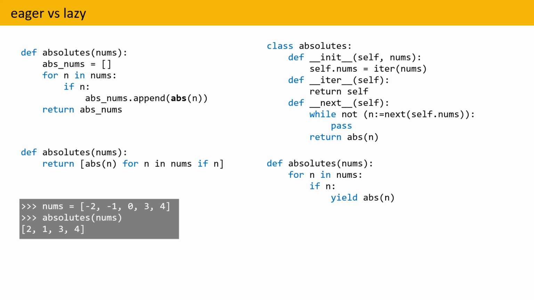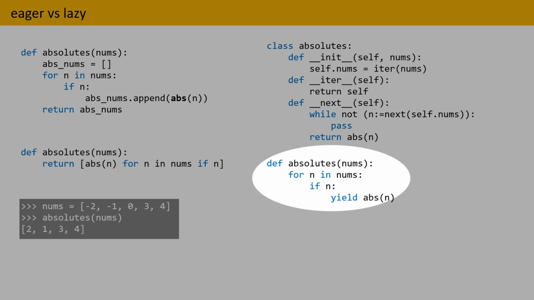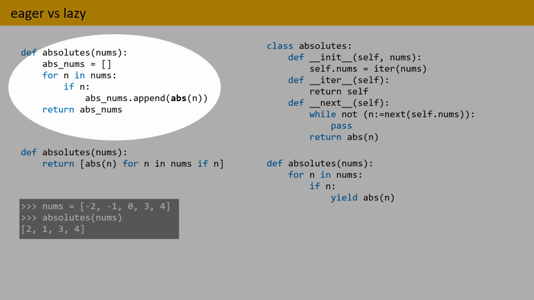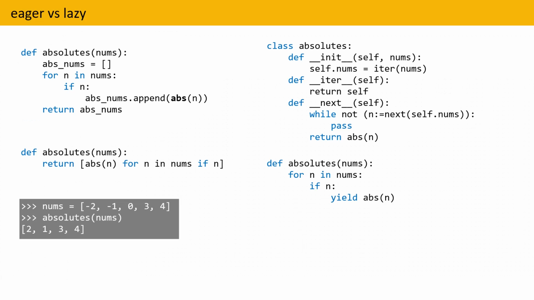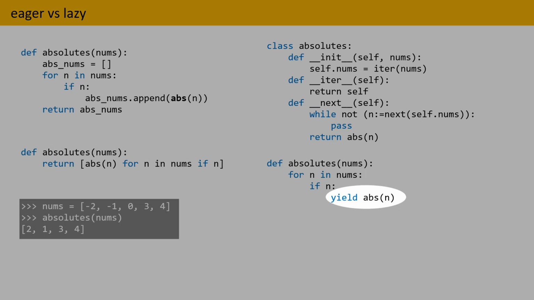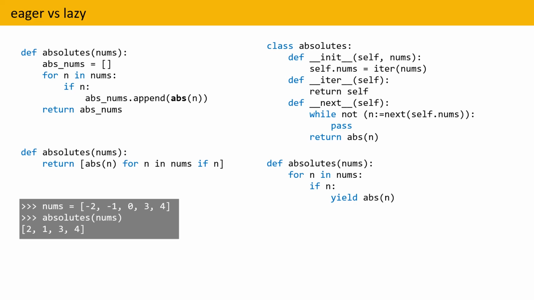Generators allow us to do the same with much less code. If you compare this generator function with the eager implementation, you see that there are only 2 differences. Return has been replaced by yield, and we don't create a new list with the absolute numbers anymore. Any function that contains a yield statement is a generator, and a generator is simply an easy way to create